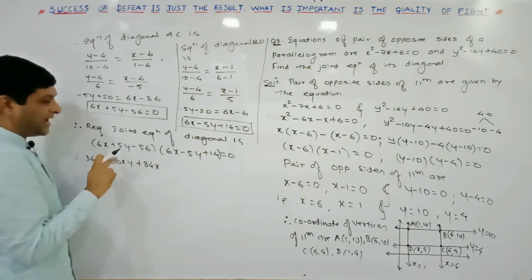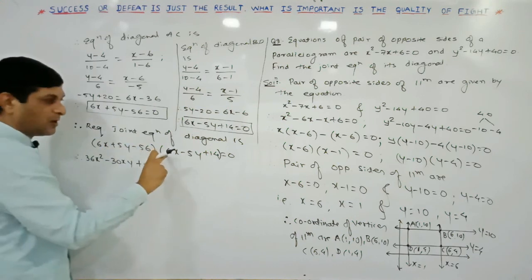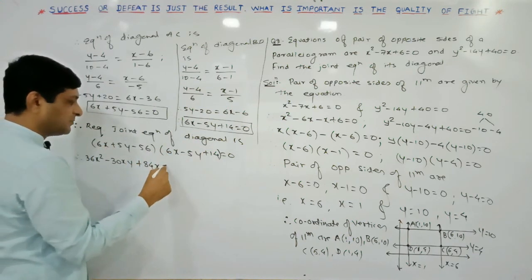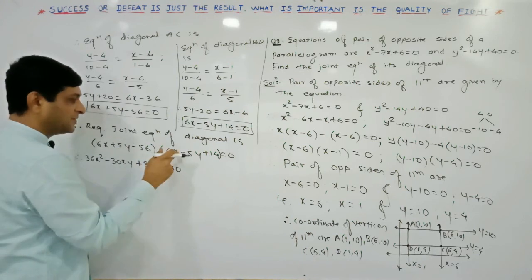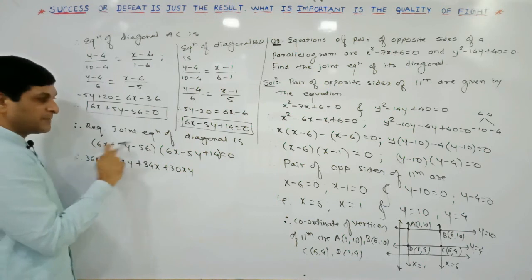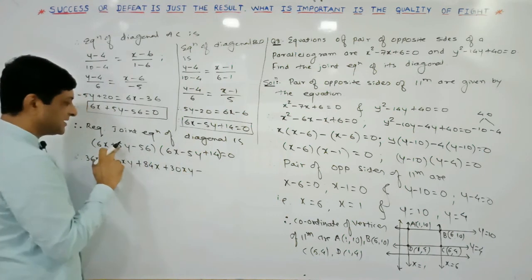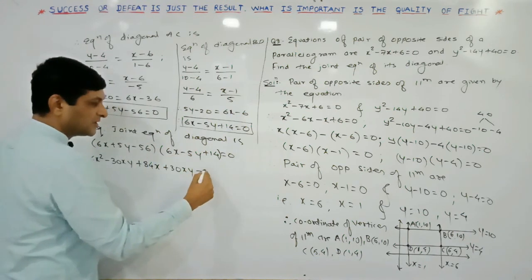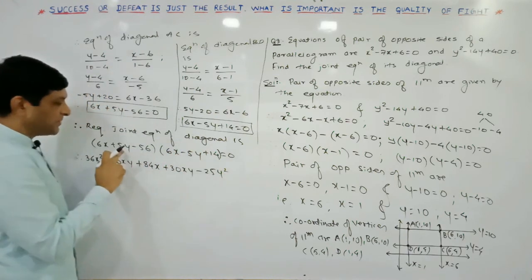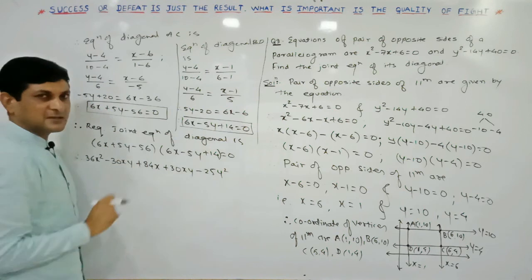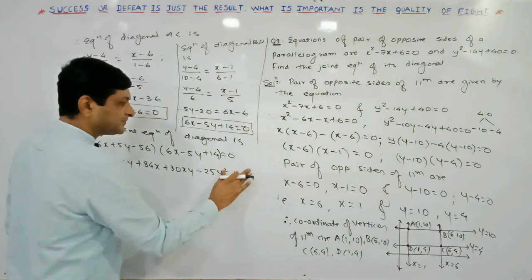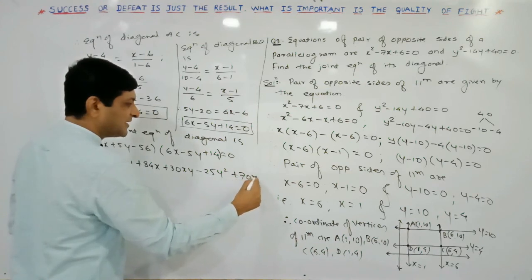84x. Then I am multiplying by 5y to all the terms in this bracket. See what we will get here. 5 into 6 will be equal to 30, and y into x will be equal to xy. Now multiply to the second term. Plus into minus will become minus, and 5 into 5 will be equal to 25, and y into y will become y square. Now I am multiplying by 5y to the last term, 14. So y, keep it as it is, 14 5s are 70. So here we will get 70y.